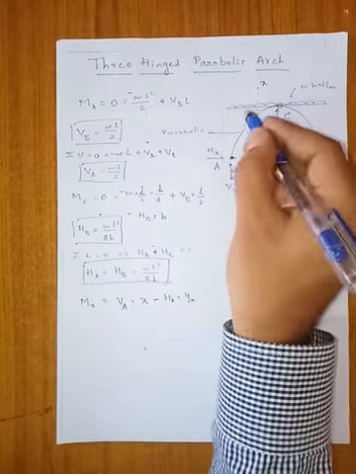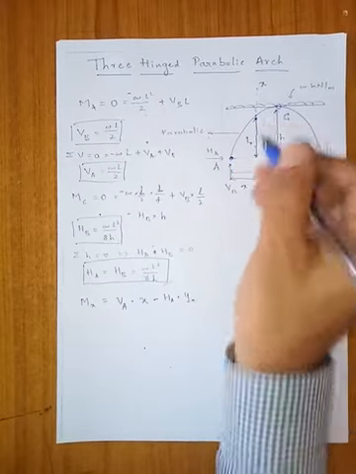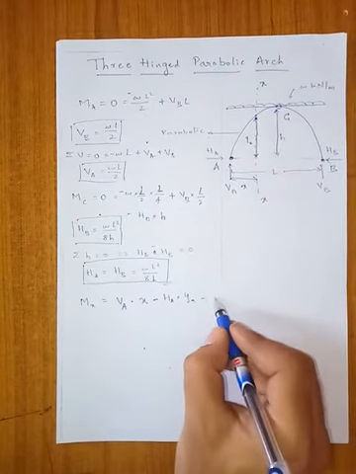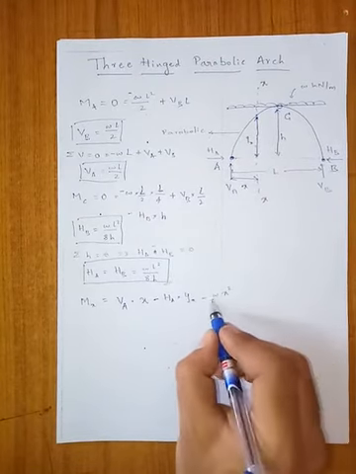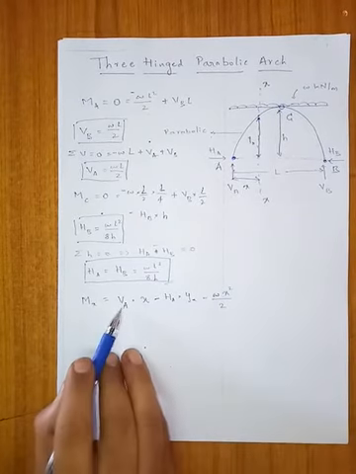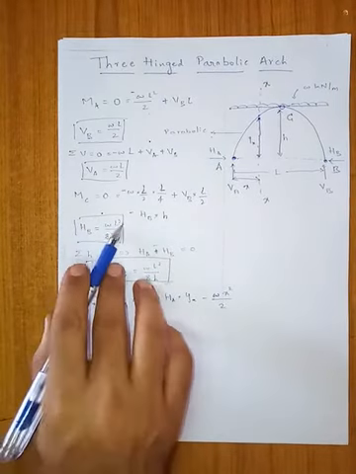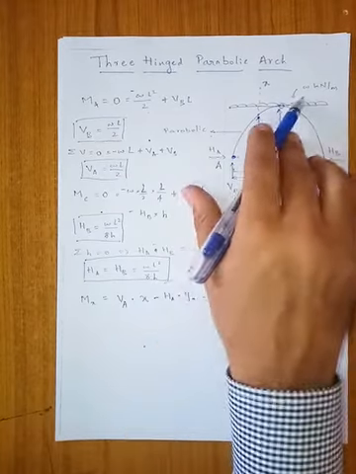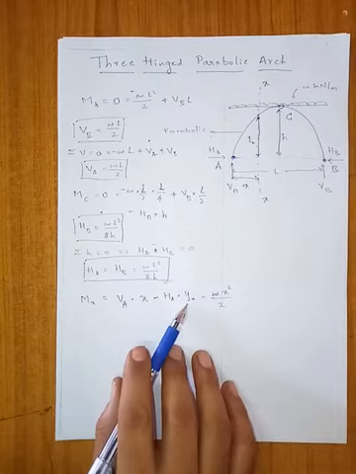And what else is there? We have load W kilonewton per span x. So it is trying to turn this anti-clockwise. It is negative, minus W into, since it is UDL, the moment value will be Wx square upon 2. Now in this equation we have VA as WL by 2, HA as WL square by 8H, y of x, and the load value Wx. In this equation we do not know y of x.